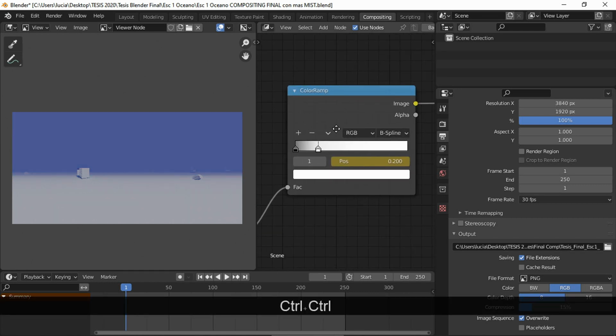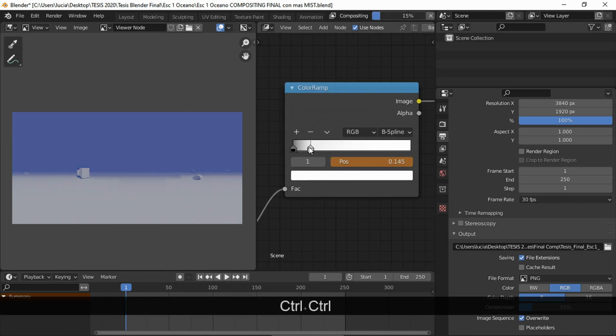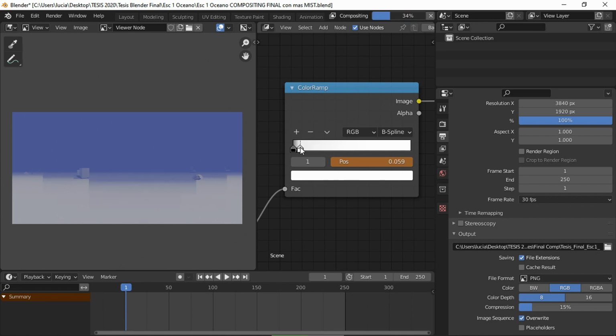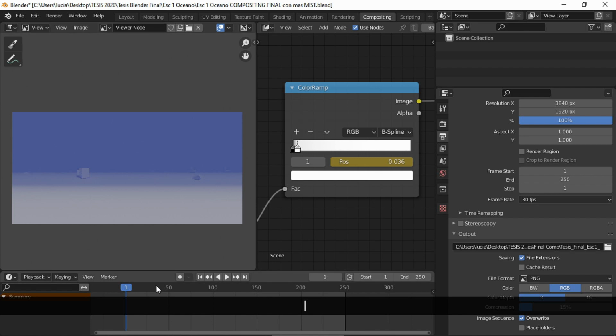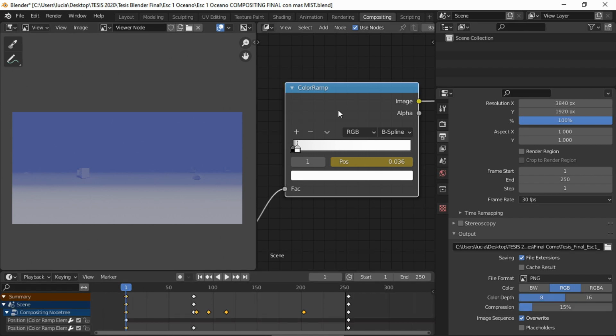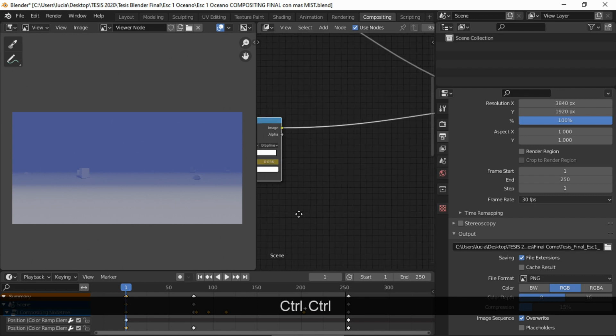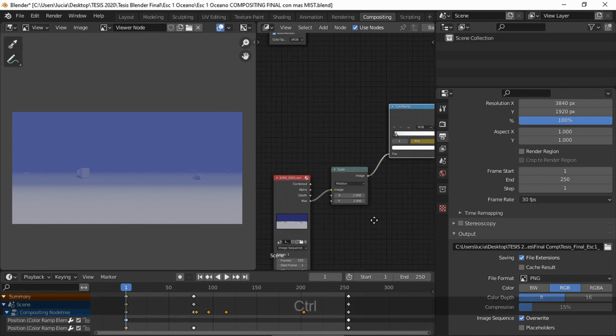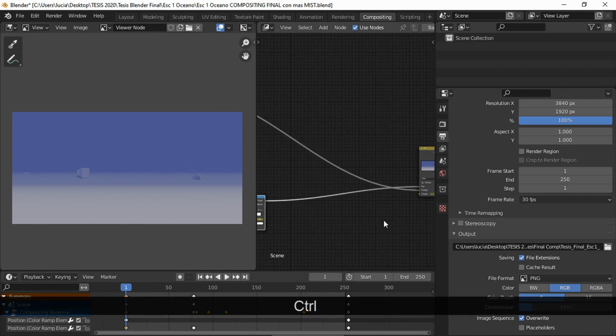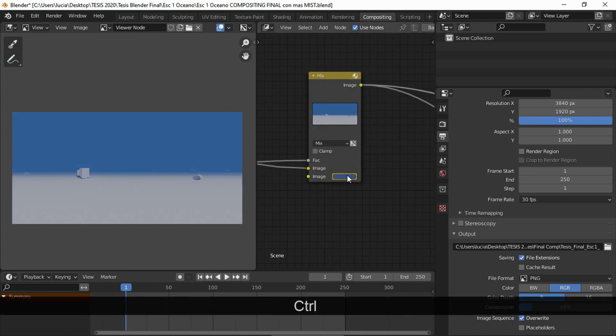The keyframes on the color ramp, and in the mix node, that's the same.